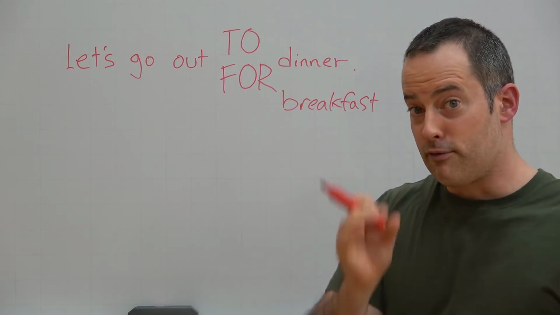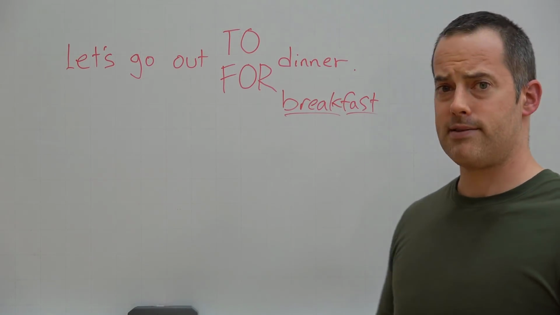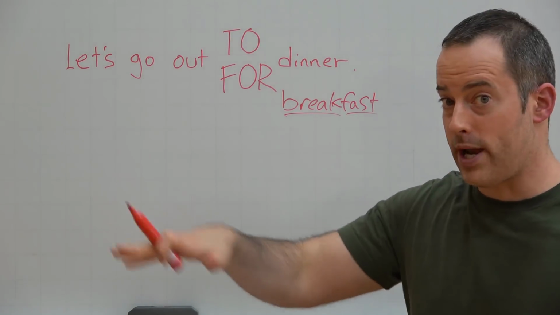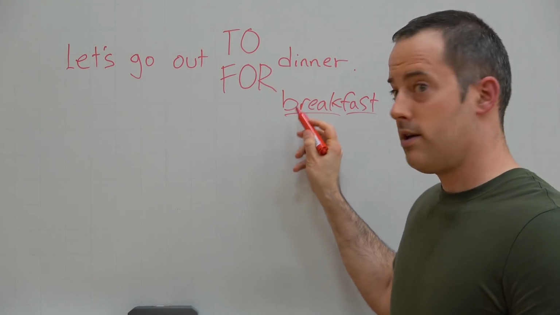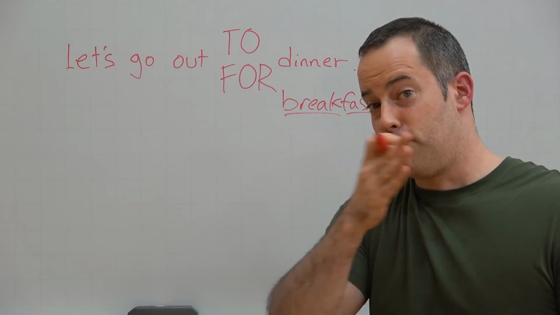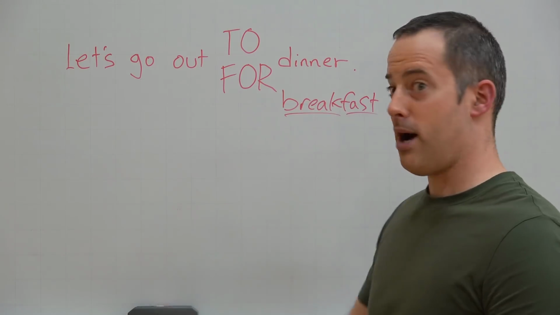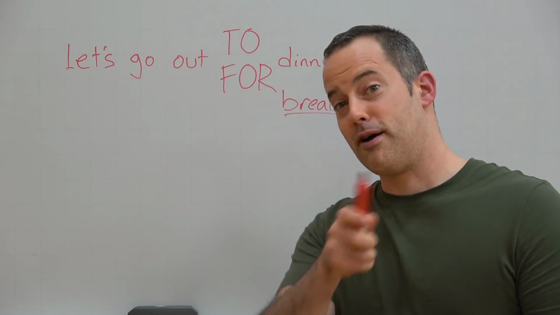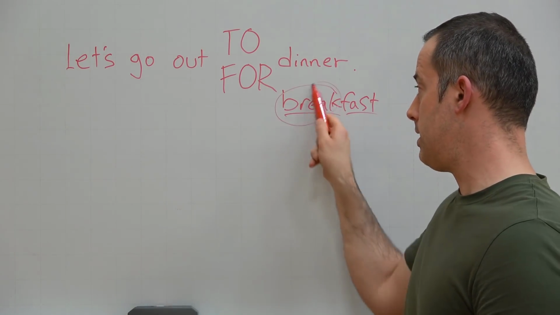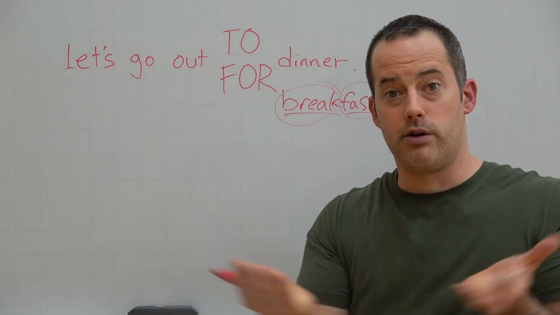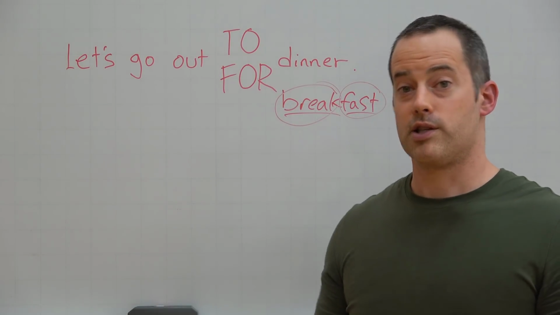Another interesting, very quick lesson about breakfast. The reason we use this word: "fast," obviously we have quick, but "to fast" means to not eat anything. So we break that fast in the morning, when you've gone all night without eating. Just a little bit of English trivia for you. I remember when my mom taught me that when I was a little kid. I thought, oh, that's a really interesting lesson. It's a great way to remember it as well. So you're breaking the fast that goes on during the night. So let's go out for breakfast. Let's go out for dinner.